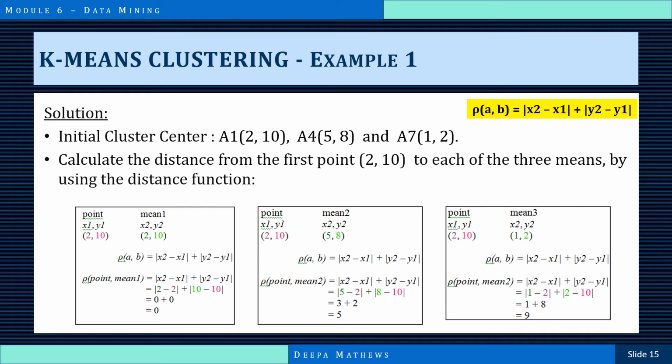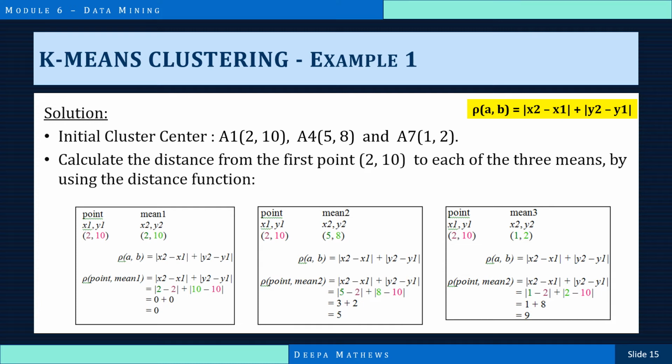Now let's look into the second distance calculation. We are going to calculate the distance from 2,10 to the mean point 5,8. Here x2 is 5 and x1 is 2, so first we perform 5 minus 2, that is 3. Then y2 minus y1, where y2 is 8 and y1 is 10.